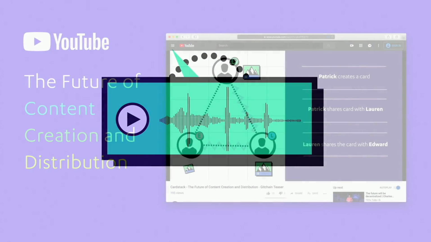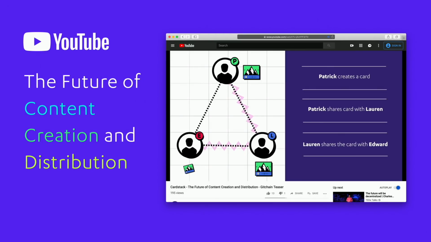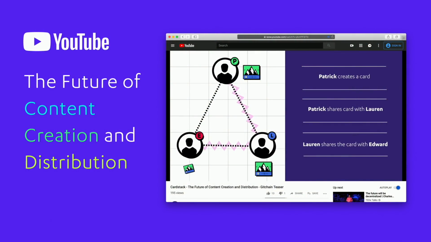So as you can see in the video we just showed, we were thinking about using content creation and distribution as a use case, and then introducing this idea of Git combined with blockchain. Git is a version control software initially invented by Linus Torvalds, the creator of Linux, which runs most of the world now with his version of the open source Unix system. And blockchain is a way to record this global rights.